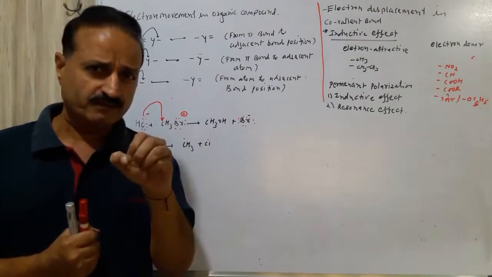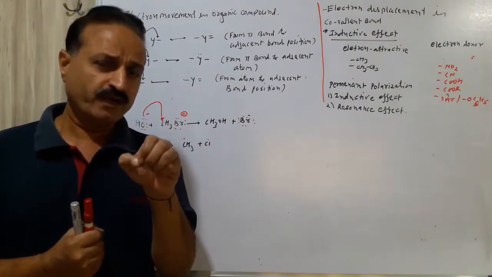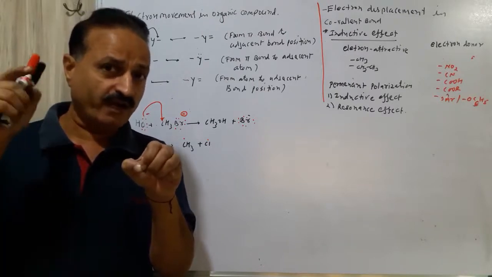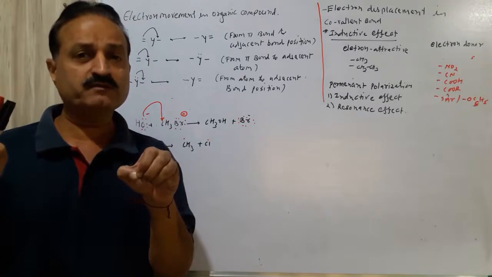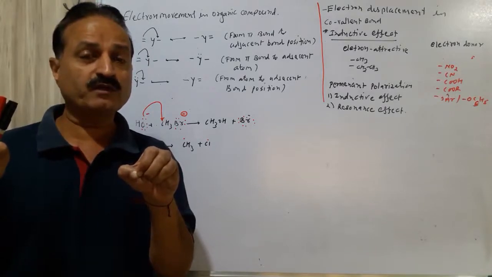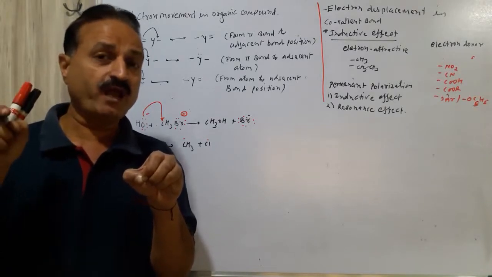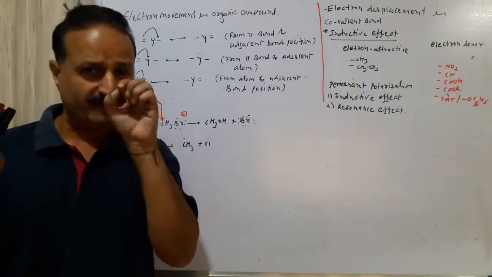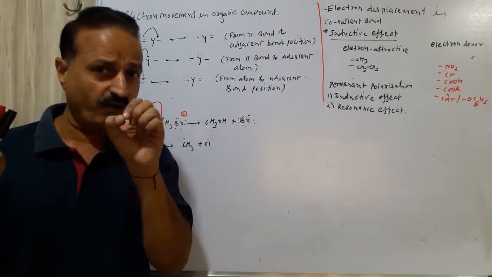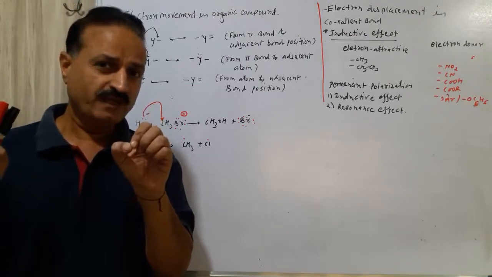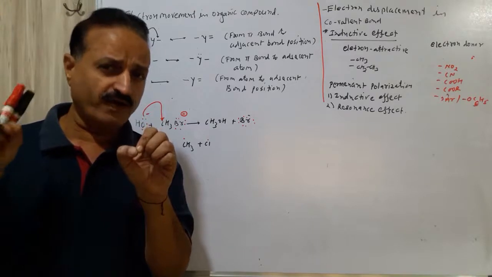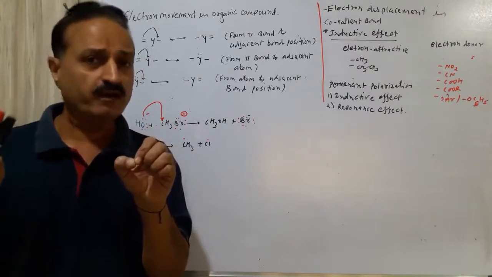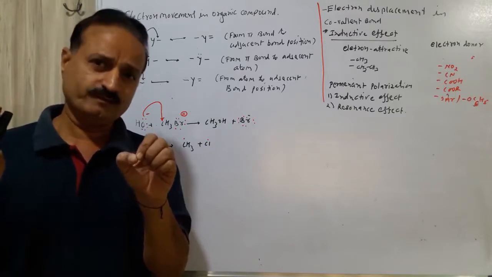From where the curve is started, the electron is starting from there, and where the arrow is ending means the placement of the electron is where the arrow ends. So the starting point is the tail of the arrow, and the ending, meaning the transfer of electron, is the head of the arrow.